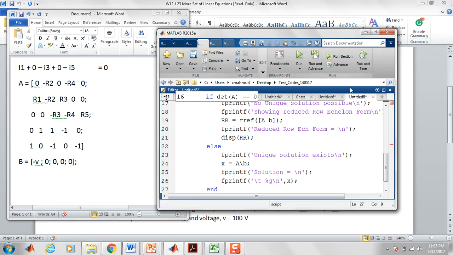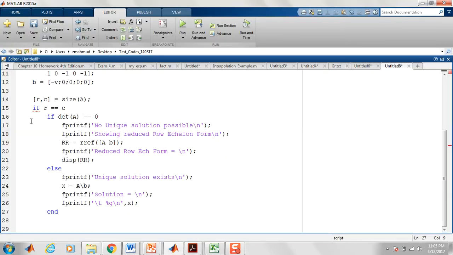So what I wanted to do, make it enlarged so you can see everything. So if r equals c, then I have this. Then I wanted to write else if, I wanted to say r greater than c. That means I have more equations than my unknowns. So then, if I have more equations than unknowns, I'm going to say